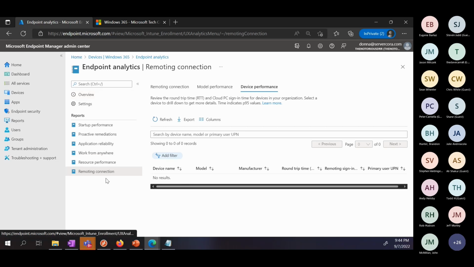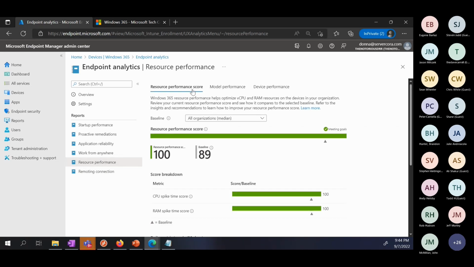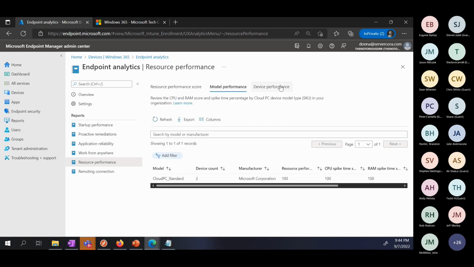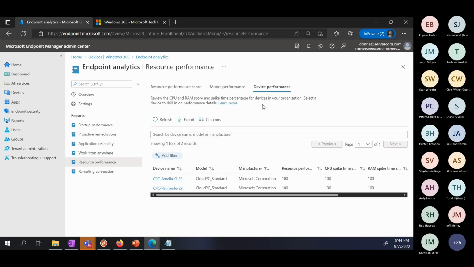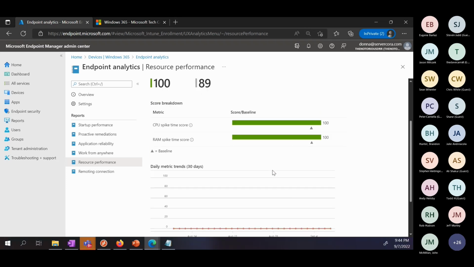The other thing is that most of this is also in Graph, so I can write reports instead of coming into this interface, right? Yeah, absolutely. And then we also have resource performance, which could be queried. You can see your spike timing and what kind of percentages, so we have that data in there to help you at least rationalize.